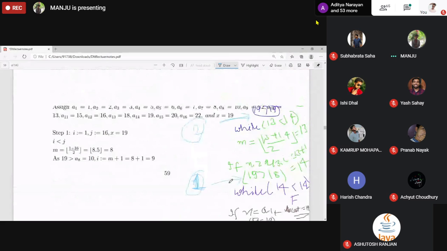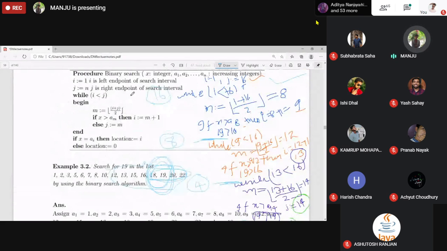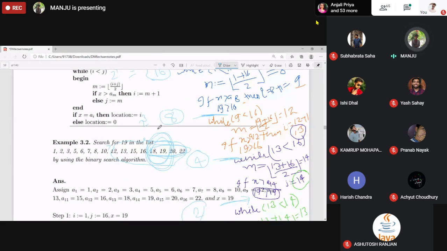Okay. Initially we had 2 raised to power 4 elements. After this comparison and this comparison, two comparisons, we got 2 raised to power 3 elements, that is 8. Again it got divided by 2, that is after 2 comparisons for this one and 2 comparisons for this one, we got 4 elements, that is 8 by 2, 2 raised to power 3 by 2, that is 2 raised to power 2. Understood?